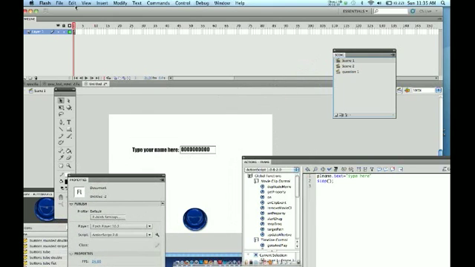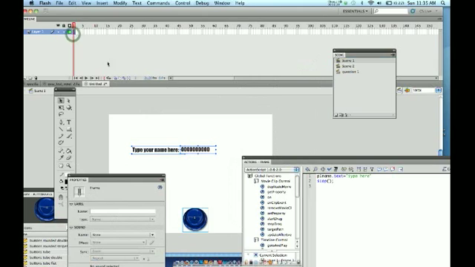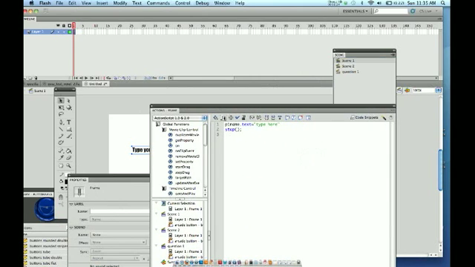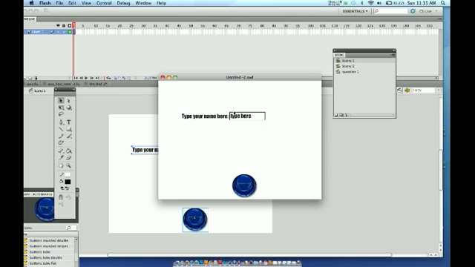If we go back to scene 1 and I click on the first frame, it'll open up our ActionScript window, and you'll see the word stop. I'm going to put in this type right in front of it. So I typed in p1_name.text = "type here". And so what that does is when I test the movie, it replaces all the gibberish with type here,